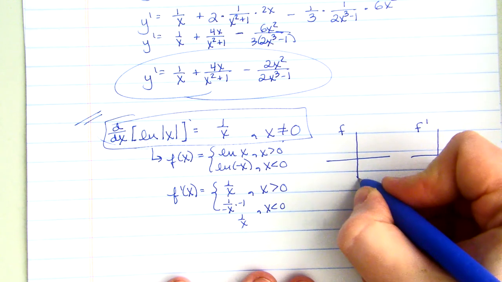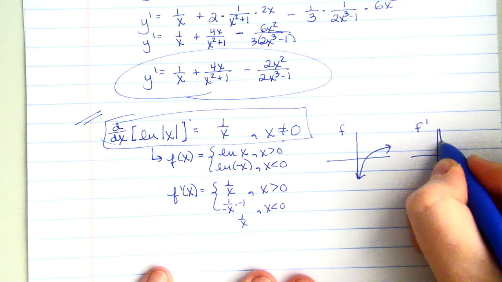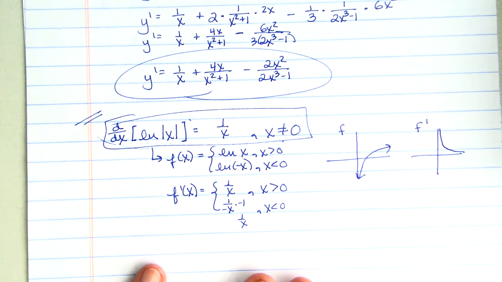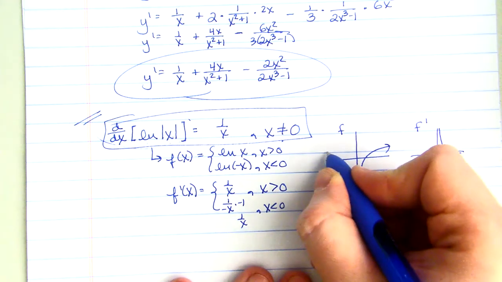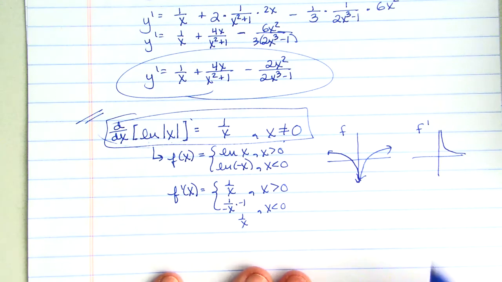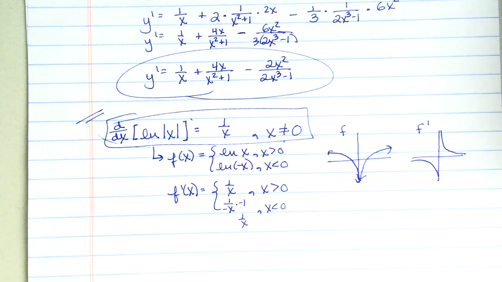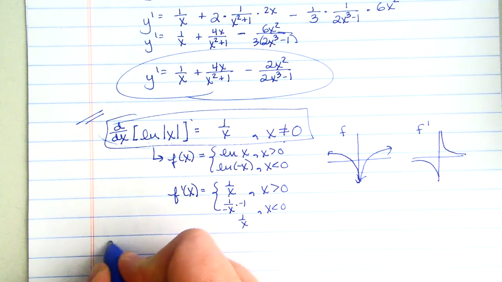If our original function is just the natural log of x, its derivative would just be something like that. But if I do the natural log of the absolute value of x, then I have also the reflection over the y-axis, which means the derivative is this entire thing over here. Don't worry too much about where this is coming from. Just realize if there's absolute values inside your derivative, it doesn't change anything. Your derivative is still 1 over x. Therefore,